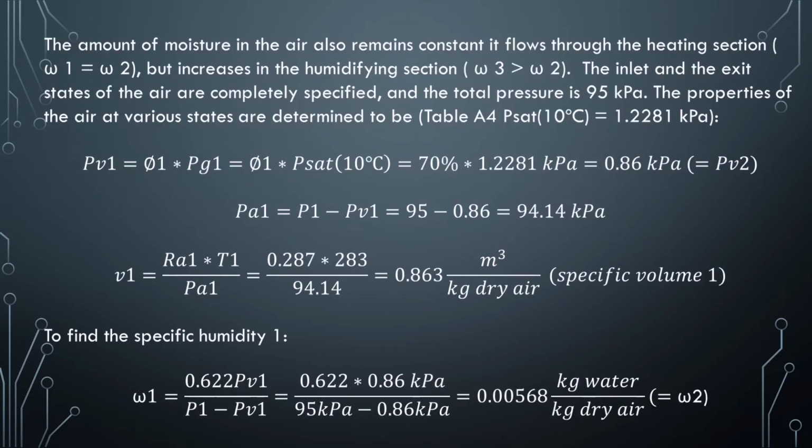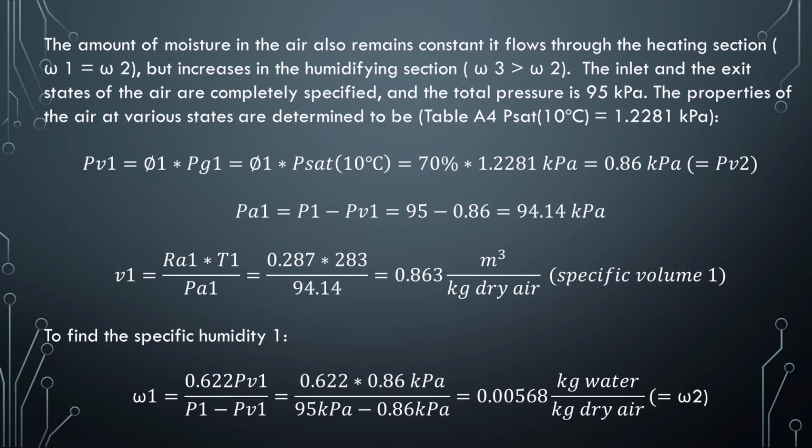The amount of moisture in the air also remains constant as it flows through the heating section, but increases in the humidifying section. The inlet and the exit states of the air are completely specified, and the total pressure is 95 kilopascal. The properties of the air at various states are determined to be